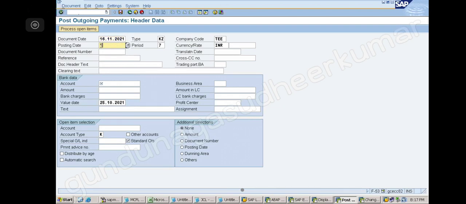I go to 16.11.2021, give the bank account, and amount 1 lakh. Tell me how much discount I will get. 0, no discount. Let's see.